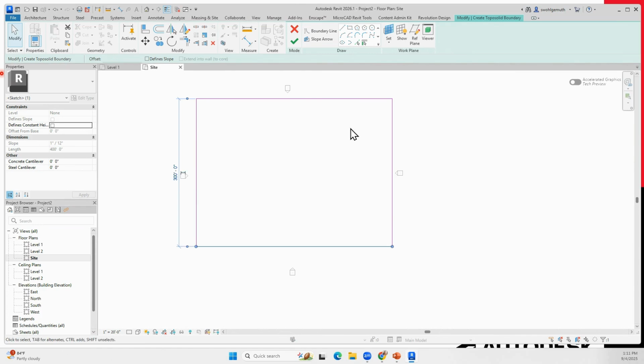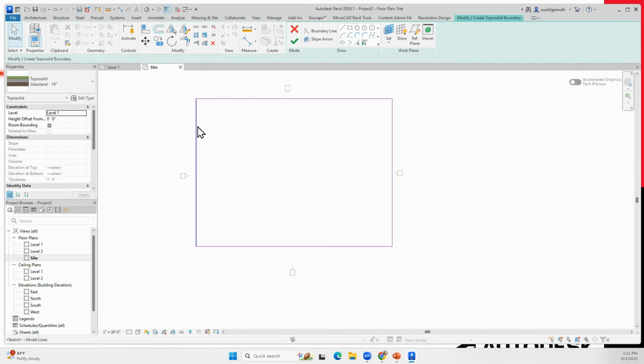So first you set your boundary line, and this is what I'm talking about. You set the boundary line. Coming back to the question that was asked regarding CAD files,